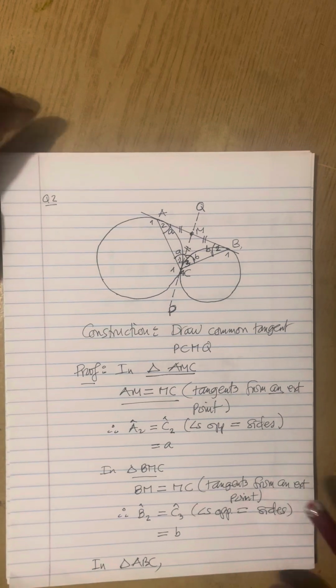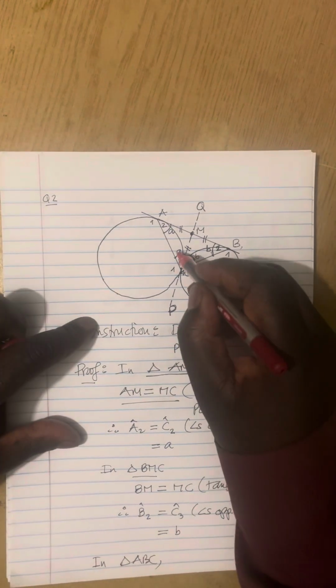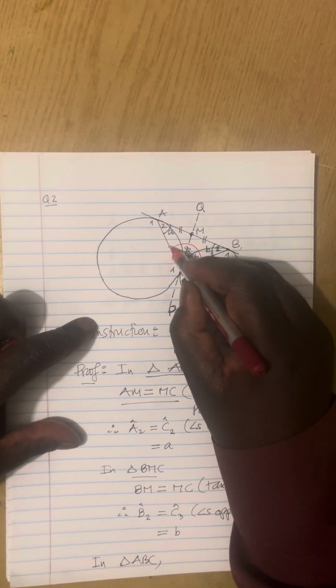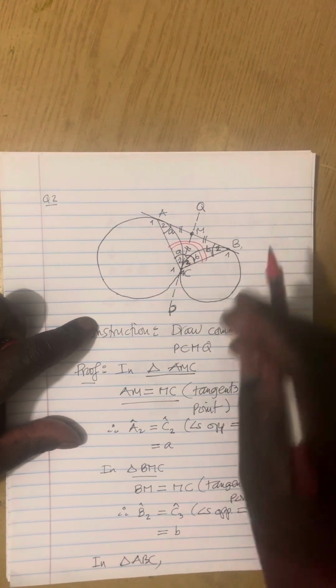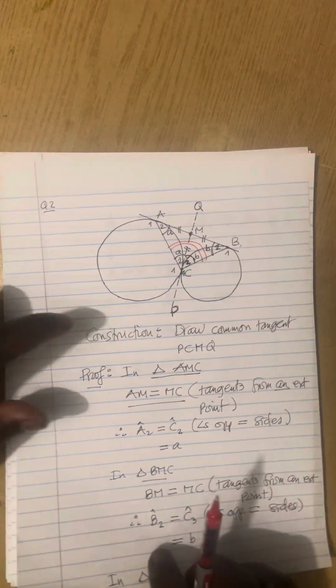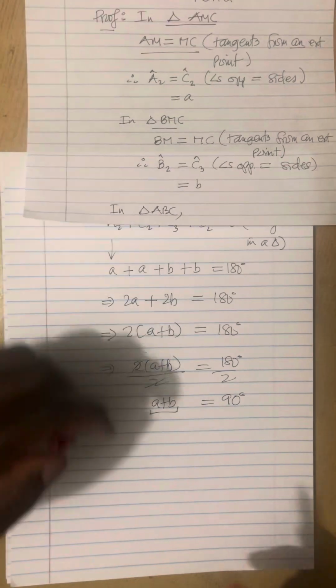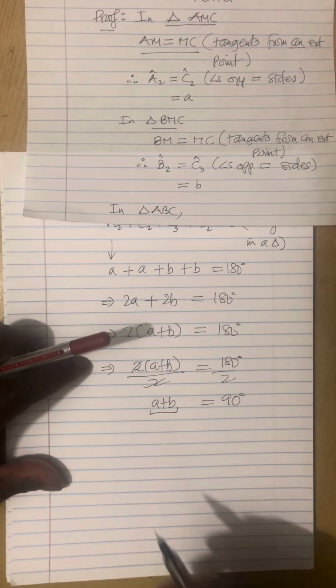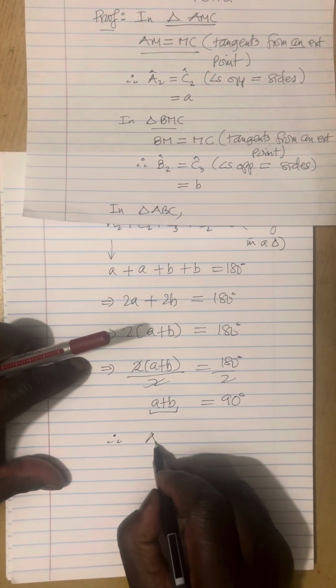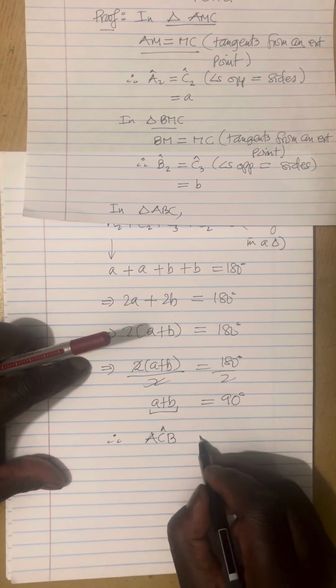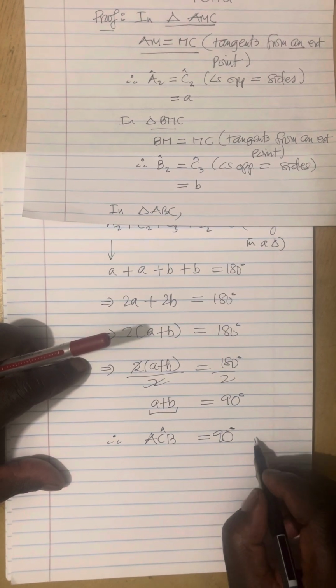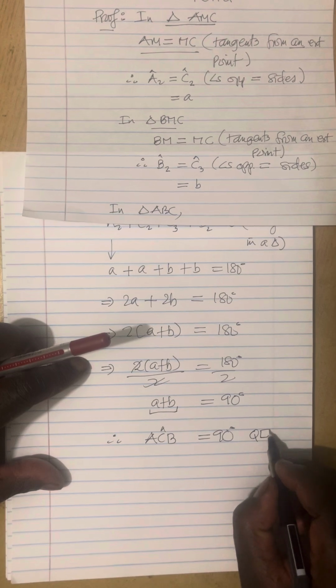If you look at the diagram here, angle a plus b is actually this angle here, which is the angle they're asking us to prove is equal to 90, ACB. So we can comfortably conclude that this angle ACB is equal to 90 degrees, and that's the end of the proof